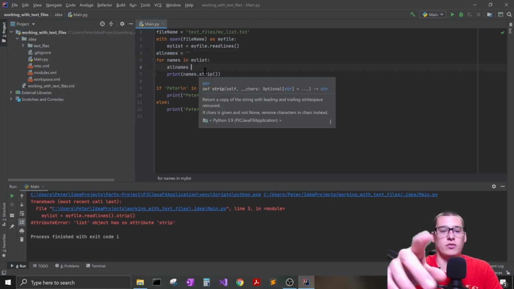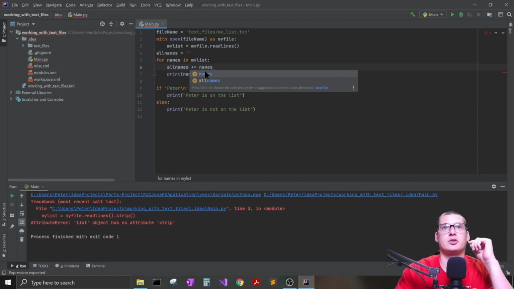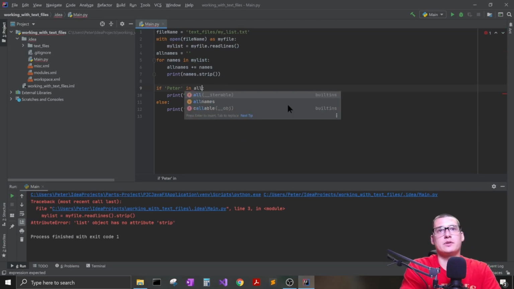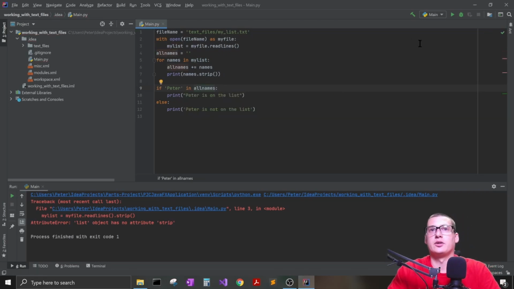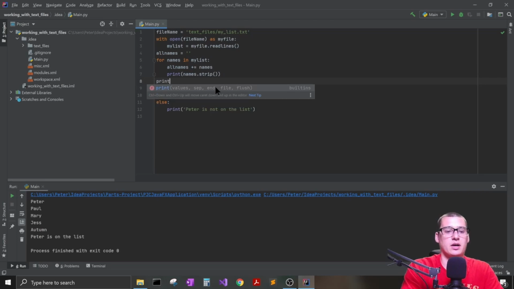And then down inside of my for loop, I'm going to concatenate each of my names to my string. And as it loops through my list, it's going to have all my names in one long string. And then from here, I can do if Peter in all names, and then try it. And it's going to say Peter is on the list. And if I print out what all names is, you'll see that it's just going to be